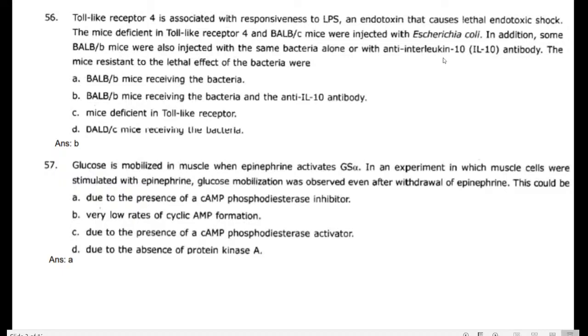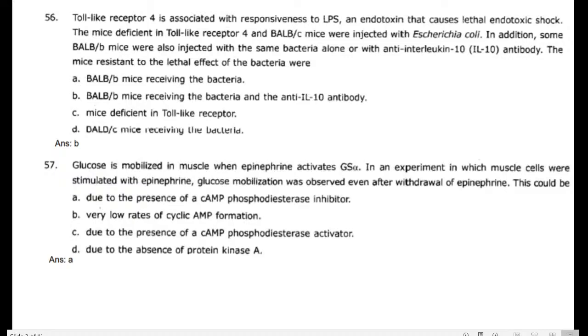Here, the anti-interleukin 10 assisted injection of bacteria makes the mice resistant to the lethal effect. The concept is that whenever the mice are injected with the antibody, that makes them resistant